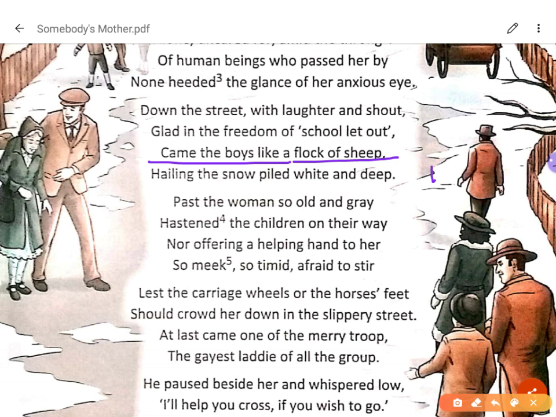The children came out in a line. Now, by seeing the heap of snow, the boys started to shout merrily, and they started to go ahead of that old and aged woman very quickly on their way. So again, in this stanza, the students who came out from the school just after the bell rang, school was over, so they were also so much,